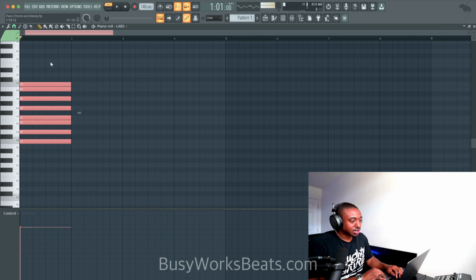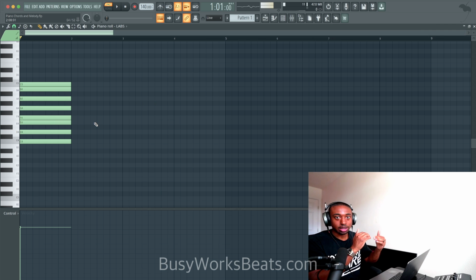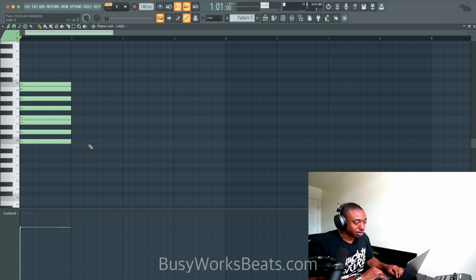So in here, we have C major, which is all the white notes. So this is called the first. This is the second scale degree. The third, fourth, fifth, sixth, seventh is B, and then back to C. So everything has a scale degree. It's relative based on the notes we use in what's called a scale. A scale is a sequence of notes that sounds good to somebody. In this case, we call this the major scale.